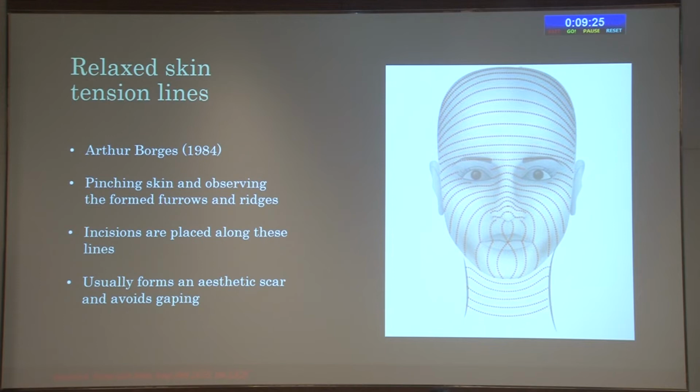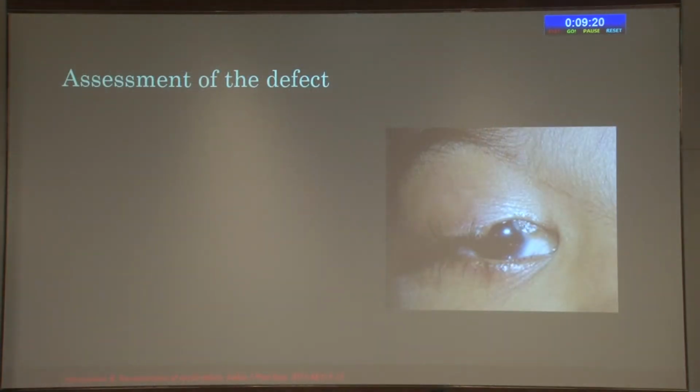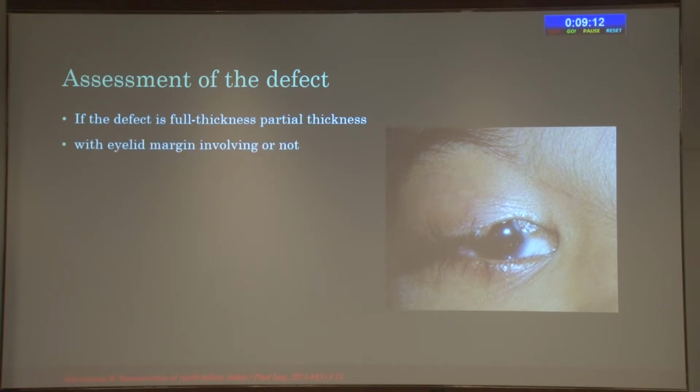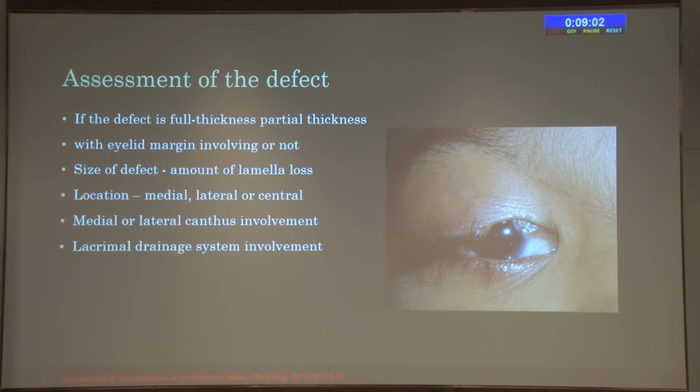When it comes to principles, the assessment of the defect is the most important thing that we do initially. We should be knowing whether it is a full thickness or a partial thickness defect, whether it's involving the lid margin or not, the amount of lamellar loss, each lamellar loss, the location, whether it's medial, lateral, or central, whether there is any canthal involvement, whether there is any canthal tendon involvement, whether there is lacrimal drainage system involvement, and age of the